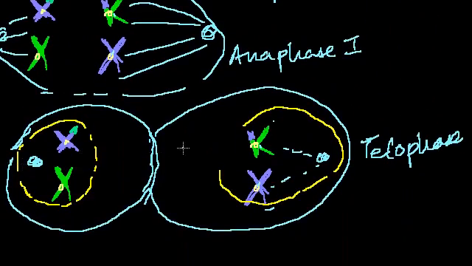Now, each cell only has 2 chromosomes. It is essentially each cell got one of the pair of each of those homologous pairs, but it was done randomly, and that's where a lot of the variation is introduced. Now, once we're at this stage, each of these cells now undergo meiosis 2, which is actually very similar to